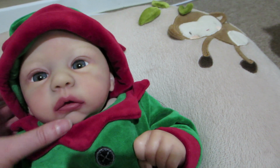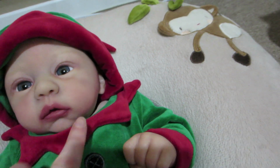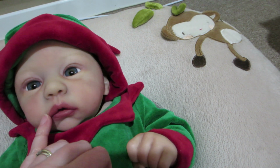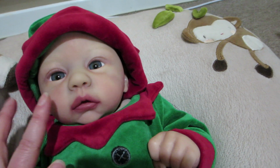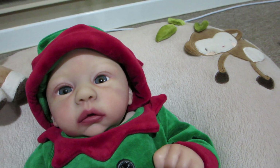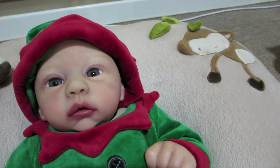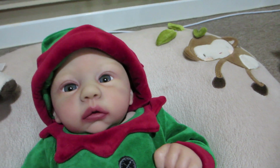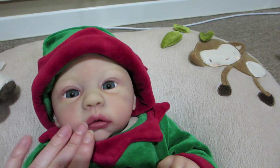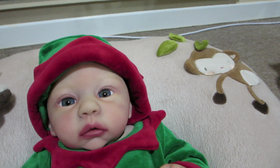You know what I mean? Picture these lips completely without color. If you strip to this point, then you're going to have bare vinyl there, and that's what happened. And I'm not the original artist of this doll, so I have no idea. I don't use air dry paints, and he was done with air dry paints. I had no idea what combination of colors were used to create his base flesh color. So it's very difficult to